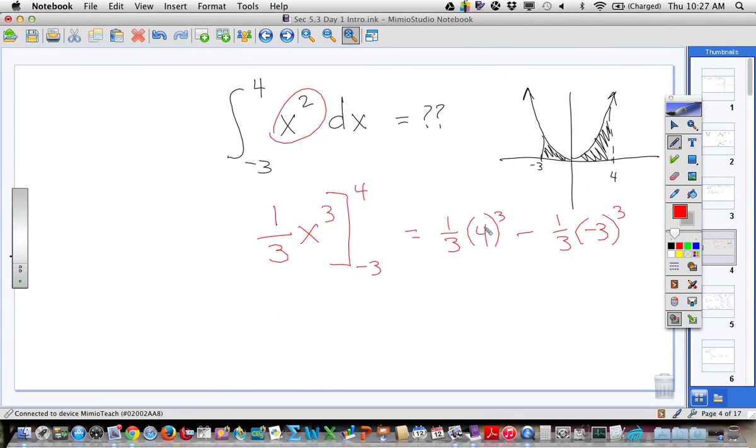And so 4 cubed is 64, so that's 64 thirds minus, and then this would be -27 times 1/3, so that's -27 thirds, which ends up being plus, ends up being 91 thirds. And just like that, if we can do the antiderivative of this function, and that's why we're going to do a gateway test on antiderivatives, right? Because the only way this works is if we can do the antiderivative of what's in here. But if we can, all we have to do is plug in this number and plug in this number and subtract them, and we'll get the